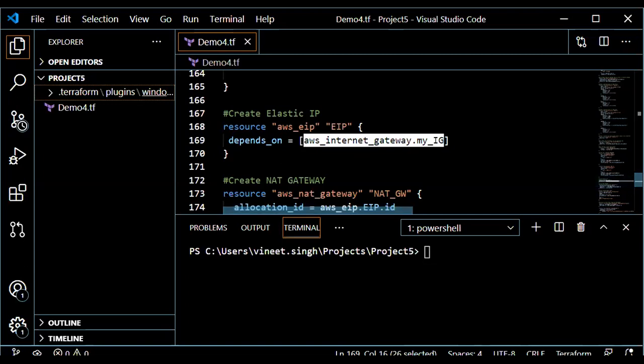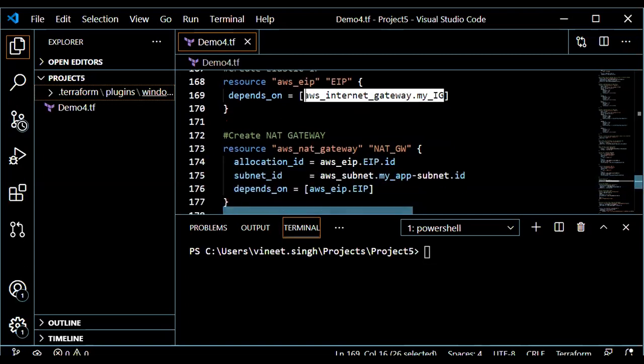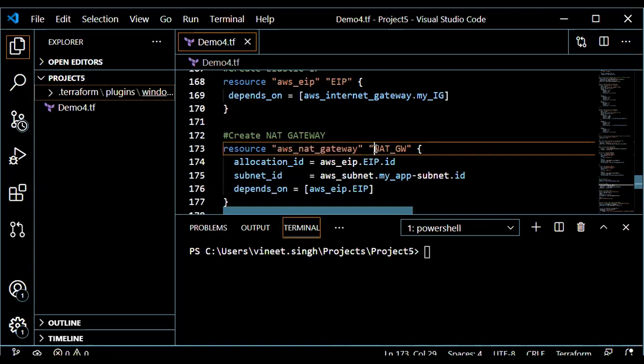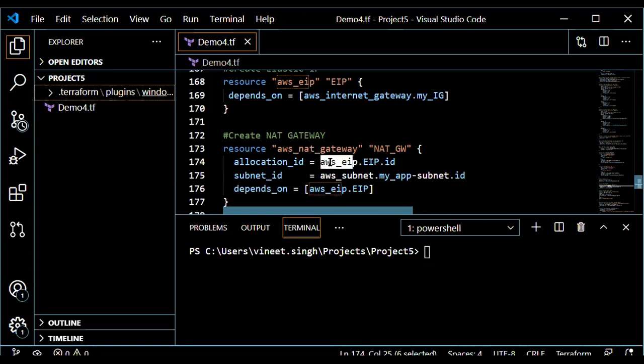And then I'm going to create a NAT gateway. For creating a NAT gateway, the resource type is aws_nat_gateway. This is a local name with respect to Terraform. Whenever a NAT gateway is created, it is provided a specific IP address, referred to as the allocation ID. So I'm using aws_eip.eip.id.